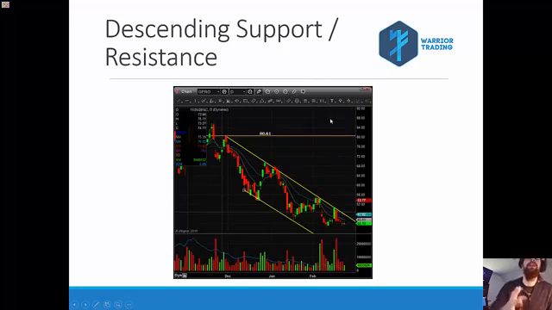This chart here on GoPro is another really good one where you've got that descending channel. So the descending resistance line at the top and the descending support line at the bottom with multiple taps. Each of these taps helps it gain some validity. So if we were looking at this stock as being a gapper, I would say, well, okay, we've got a